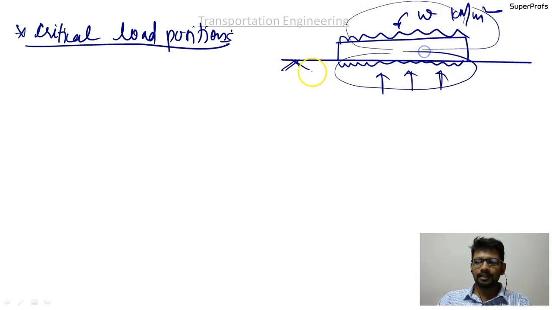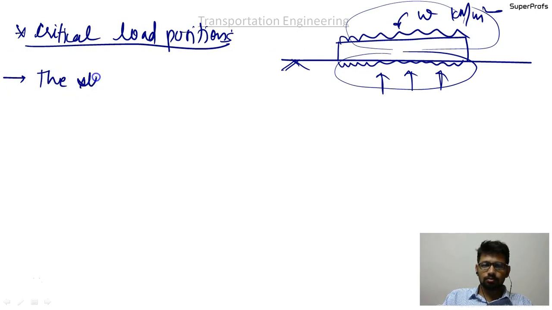That is the reason the stresses due to self weight are ignored, as the pavement panel is fully supported over the soil. Please write a note that the stresses due to self weight are ignored